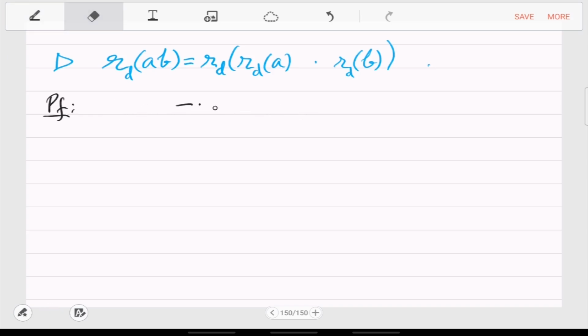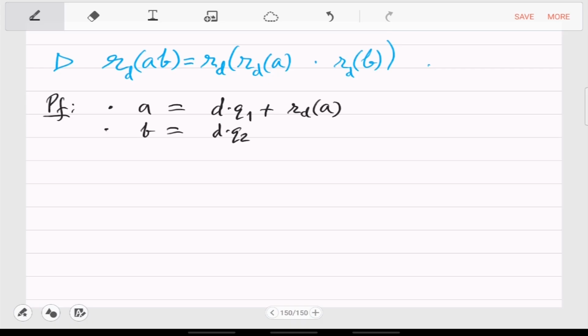So, write A as D times quotient plus remainder, and you will write B as another quotient times D plus remainder, and AB as this, right? So when you do division independently 3 times,